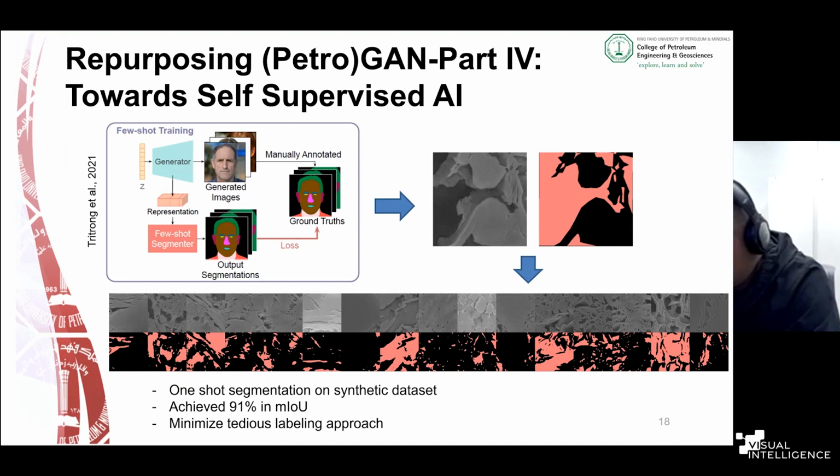So one of the last few slides here: one thing that we have recently been very interested in doing is something towards self-supervised learning. And this is all, again, still mostly driven by GAN. So what we use here is a method that they call few-shot or one-shot GAN training,